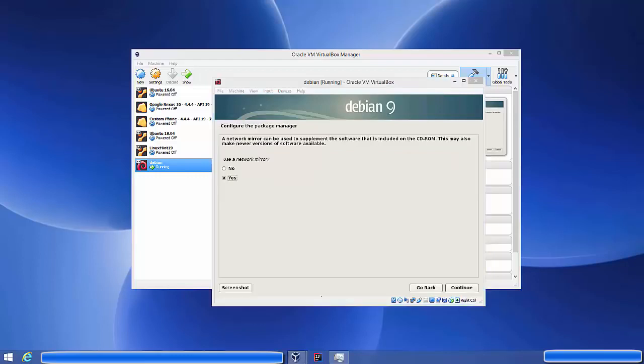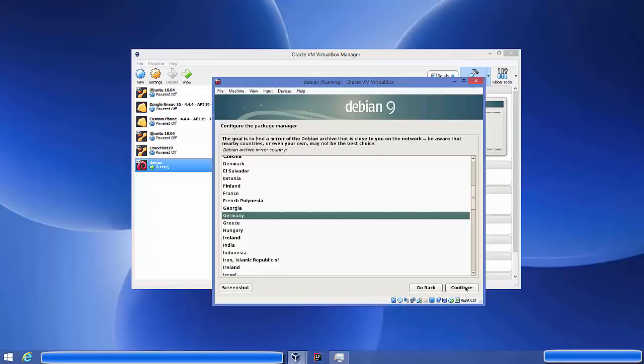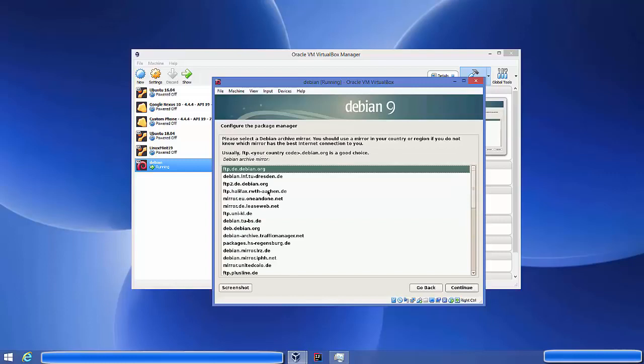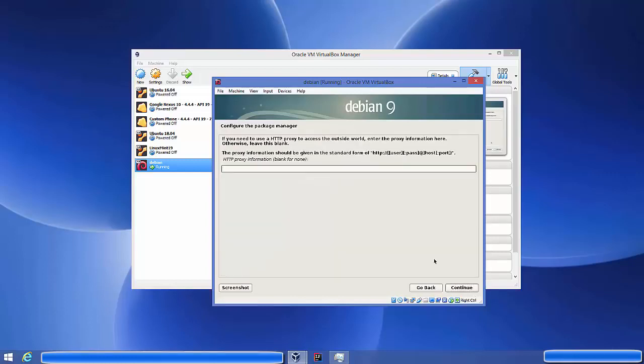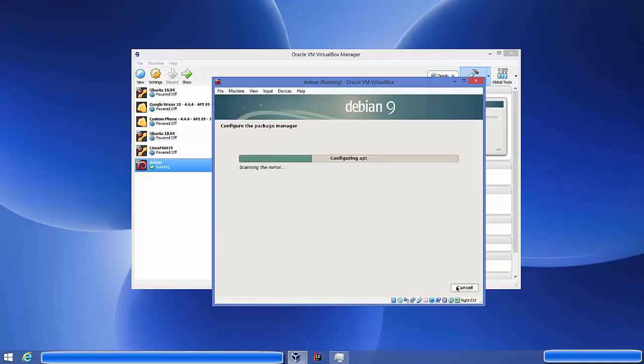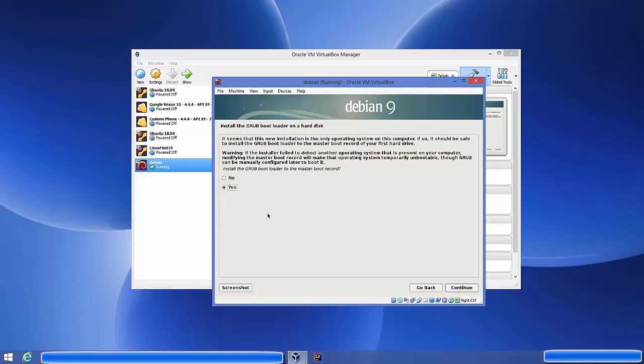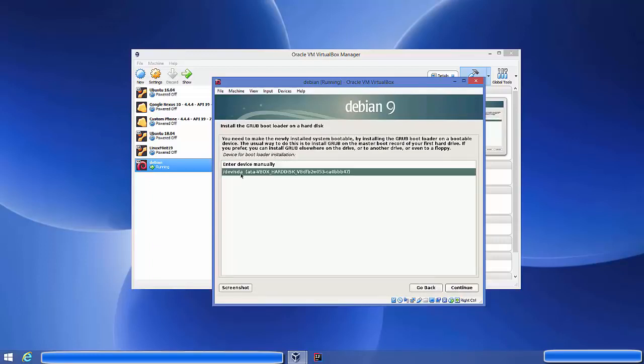So now after some time I see this window which asks me use a network mirror. So I'm going to just leave it as default, which is yes, and then click continue. And here you need to choose the country which is nearer to your place, and then continue. And then choose the mirror which is nearer to you, and then click continue. HTTP proxy, I'm going to leave it as default, click continue. And now it's asking me to install grub bootloader, so I'm going to leave it as default, which is yes, and click continue. And here I need to choose